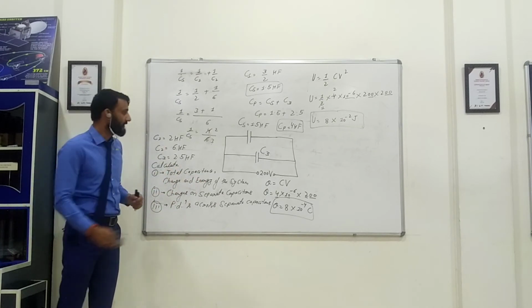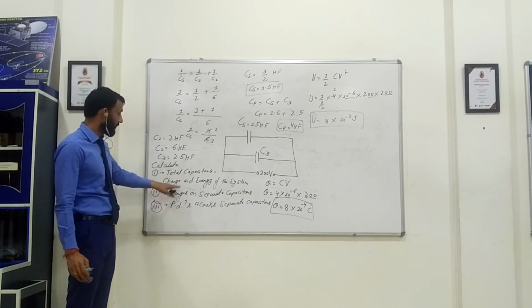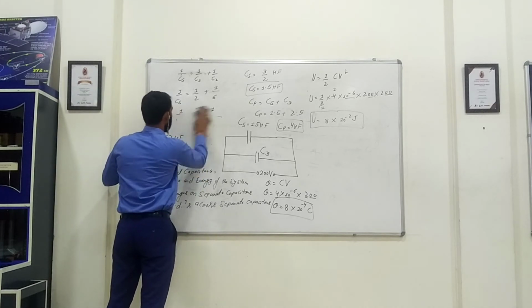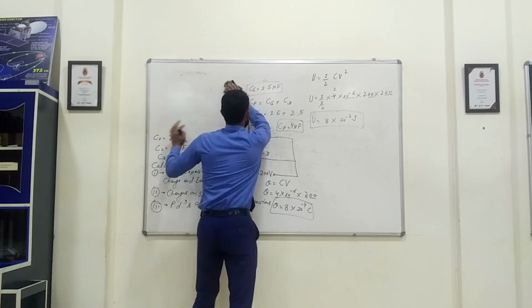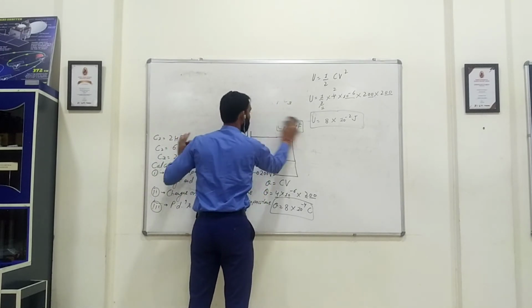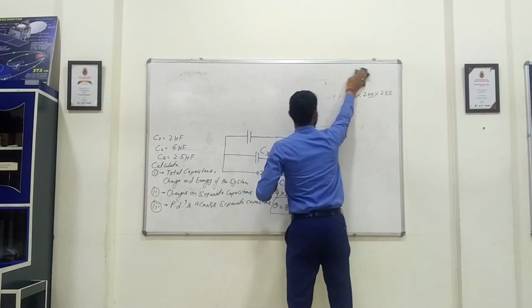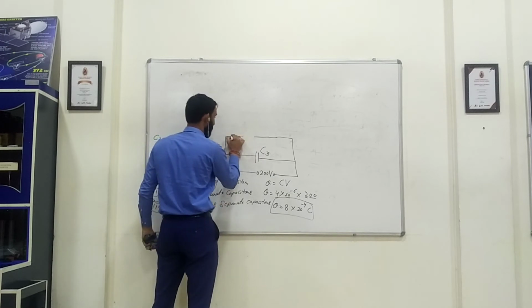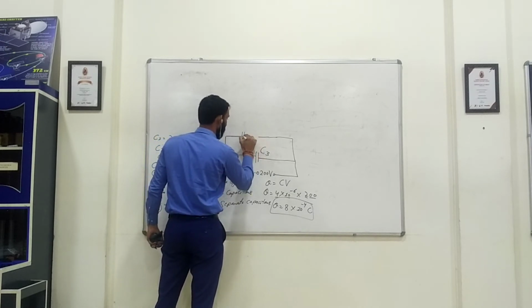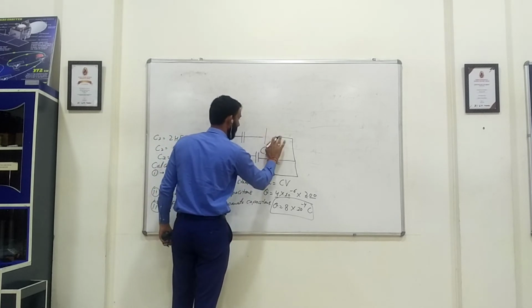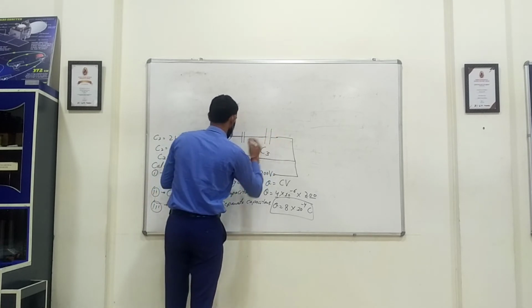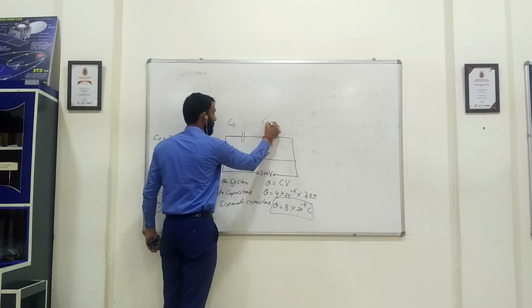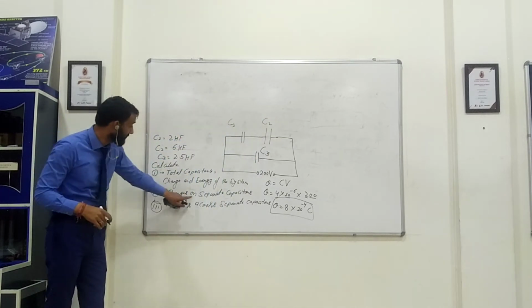Now we have to calculate the charges on separate capacitors. So for that I will remove this. And then I will come to the second part. Just again I will draw the same diagram because I want you people to understand one thing. So this was one capacitor and here I can draw the other one. So this one C1 and this one C2. Now guys, they are asking us to calculate charges on separate capacitors.